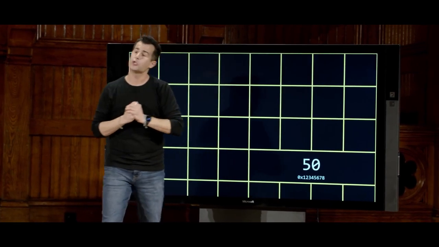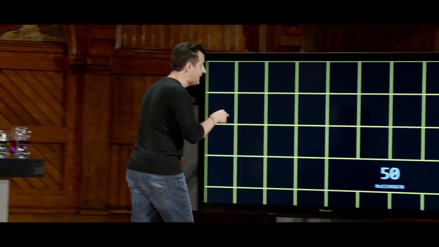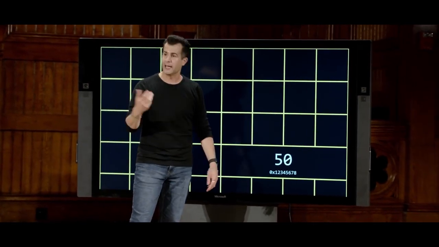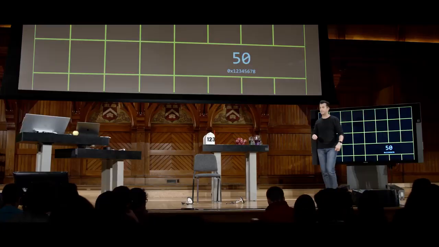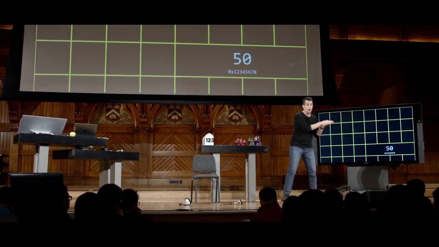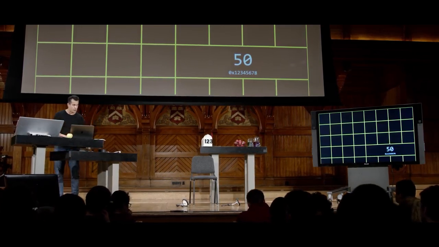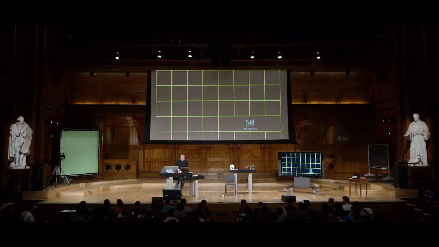Suppose, for the sake of discussion, that that variable n and the value therein 50 is technically at address 0x, meaning hexadecimal, 1, 2, 3, 4, 5, 6, 7, 8. Like wherever that is. It's a big arbitrary number. But it indeed exists somewhere in your computer's memory so long as you have that many bytes of hardware to use. Well, it turns out that using C, we can actually, no pun intended, see this value as well.